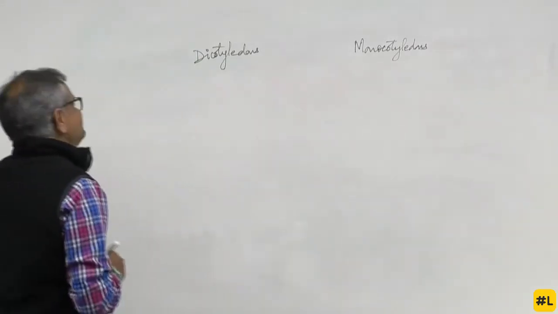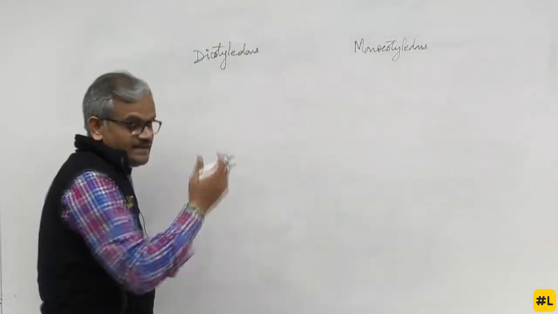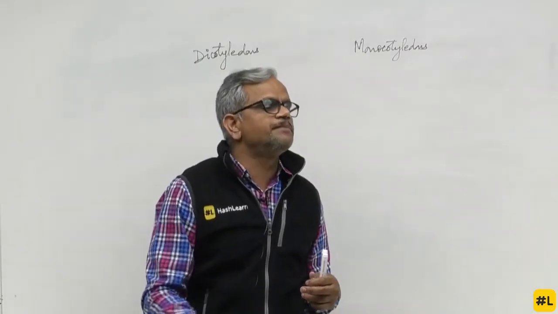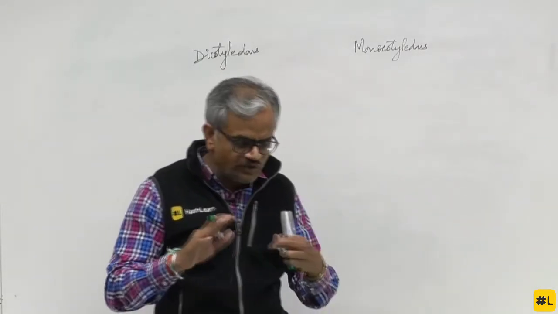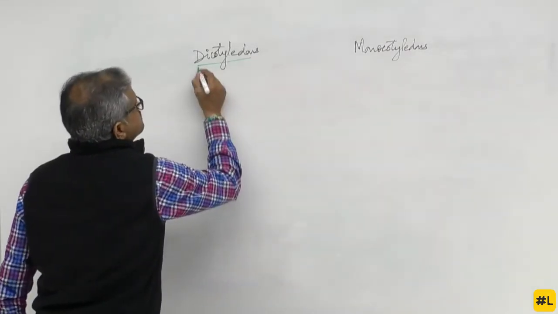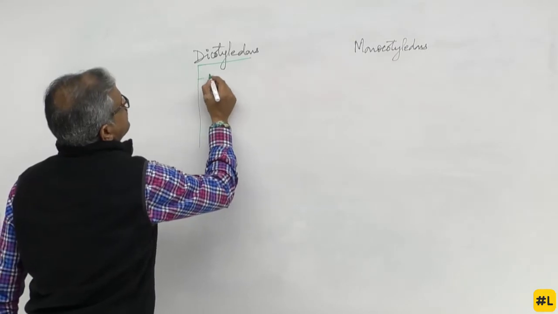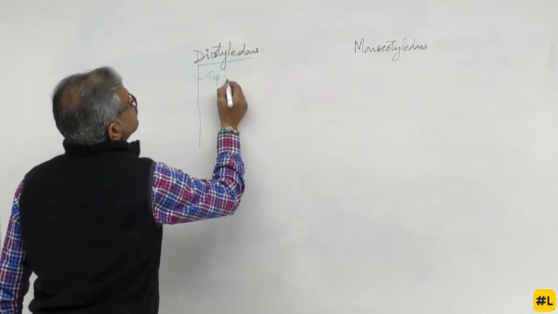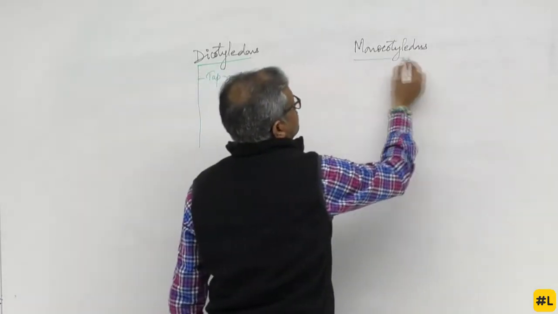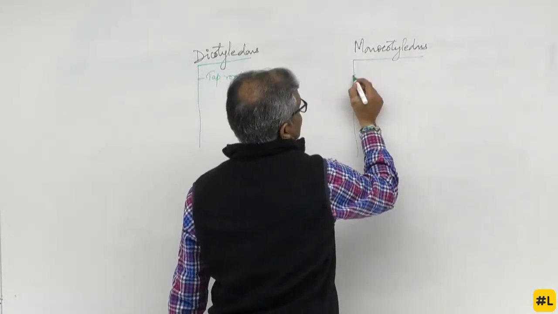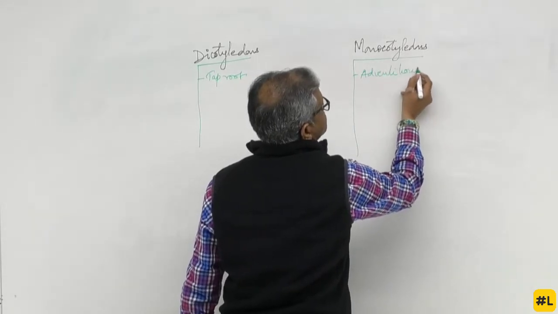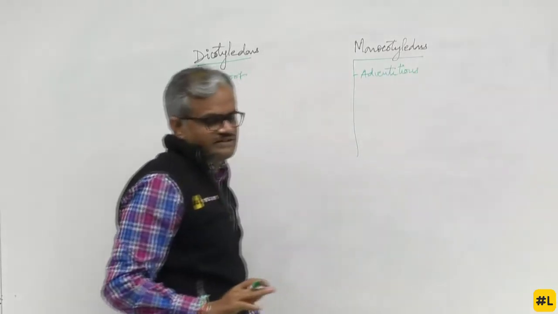Good. Thank you. Now, when I say dicotyledons or monocotyledons, do remember, we have a very unique property about all of them. These dicots have a taproot system. Monocots have adventitious roots. Sir, what is the difference, sir? When I say what is the difference,